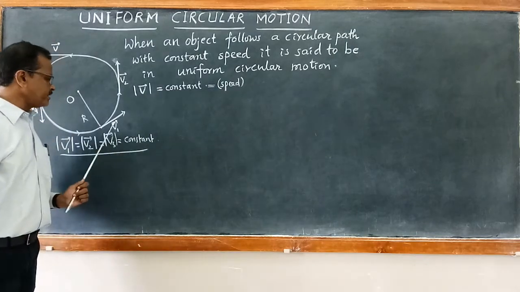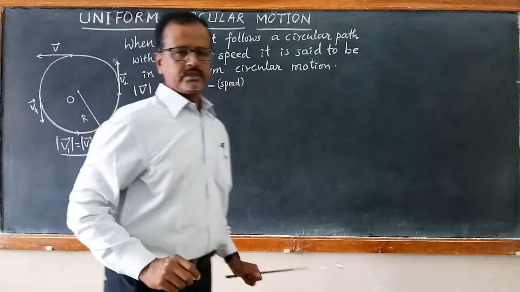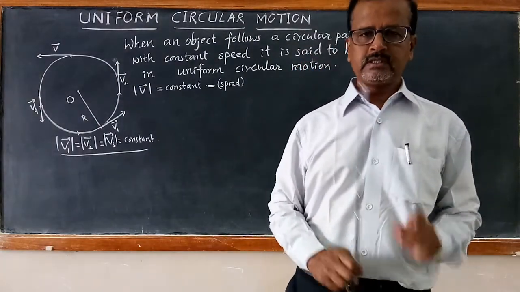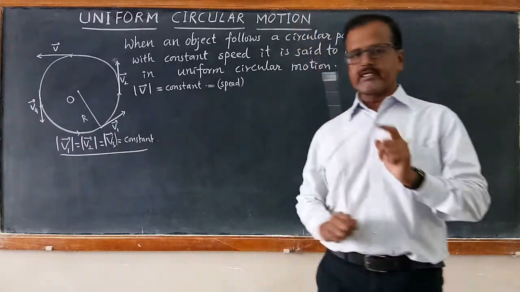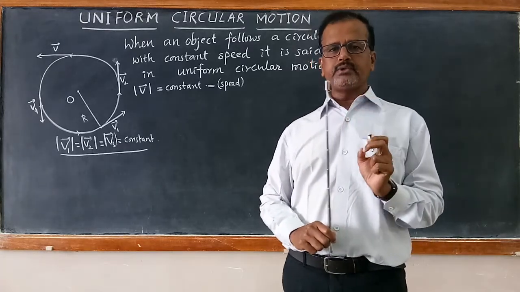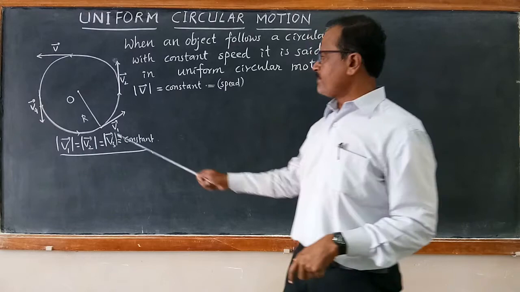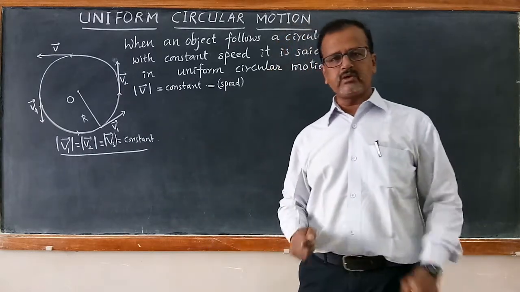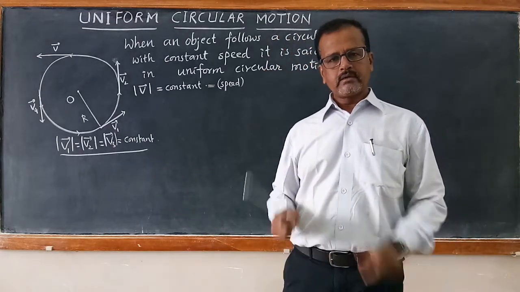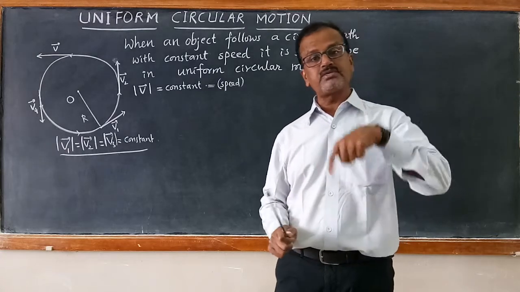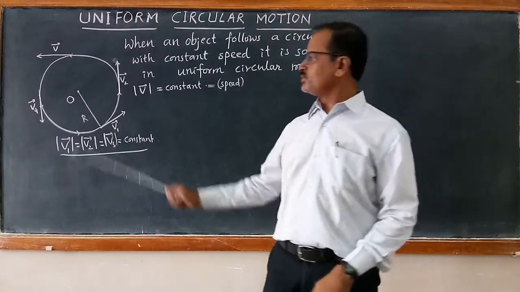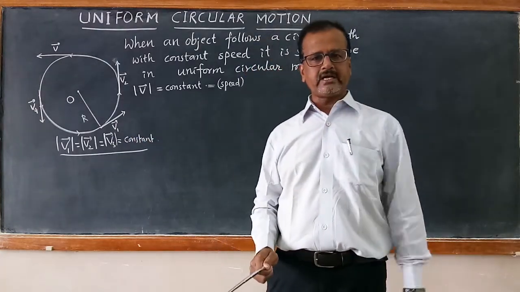Then why do the velocities differ? Although the speed is constant, why do the velocity vectors differ in their values? This is an important thing to be understood. What is velocity? Velocity is a vector quantity having a magnitude as well as a direction. When the particle moves from this point to this point, is its direction not changing? Even though it is going with constant speed, its velocity changes because of the change of direction. When it moves to the other point, again, even with constant speed, it changes its direction.